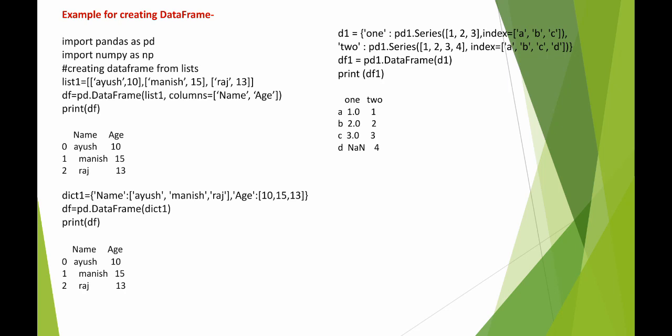As I have told you, for the first one we have the indexes a, b, c, and no d index was there, so accordingly it has filled the a, b, c index entries with 1.0, 2.0, 3.0, and d is NaN. Now for 2 we have indexes a, b, c, d, and we have 4 elements for the particular index, so it has filled each index with a particular value, that is 1, 2, 3 and 4, and it has printed df1 accordingly. See, column 1 was given NaN for the index d, since there was no entry for that element.